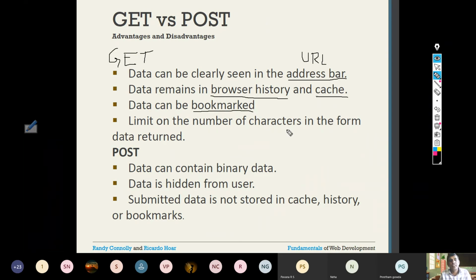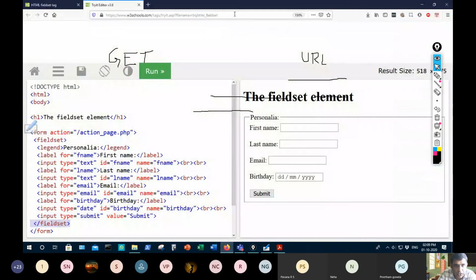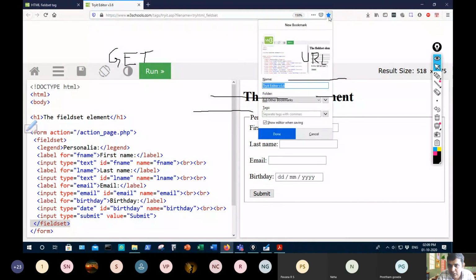Someone knows that bookmarking. When you visit web pages, you make a bookmark. I don't know how many of you know about bookmarking. Visit a website. What you are seeing here right now is a URL. I want to save this. Tomorrow I want to visit this same page of W3Schools. So I can click on it and bookmark this page.